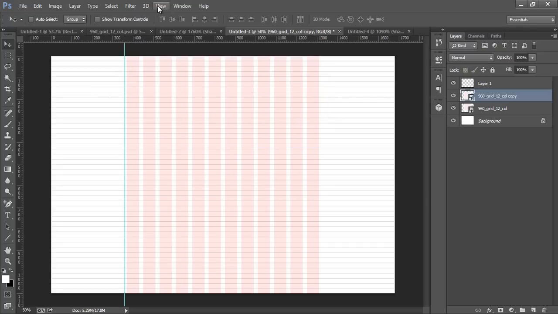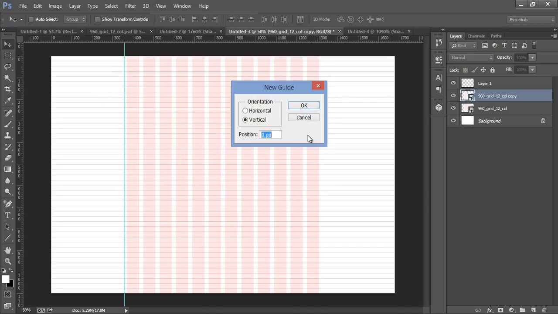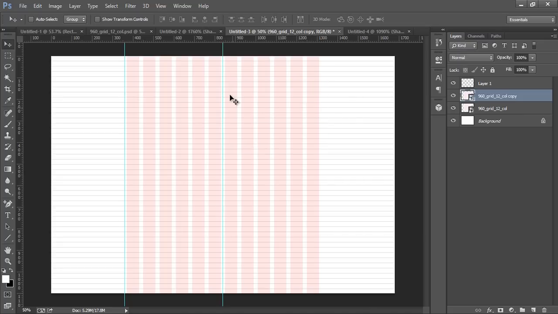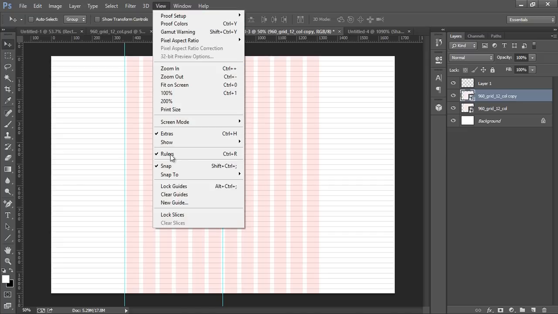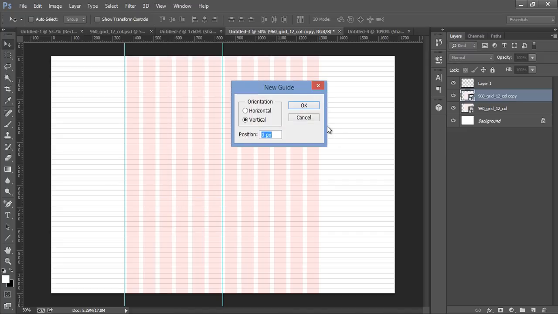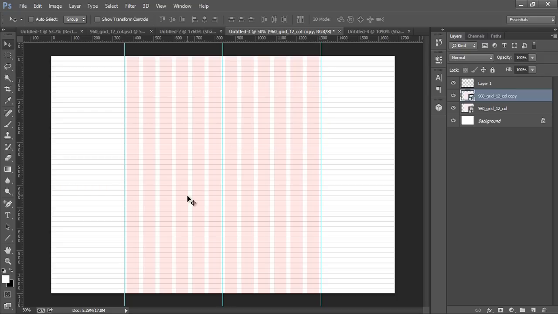Now go to View, then New Guide, then the second guide should be 840. Now click on OK. This is in the center. Now this time 1320. Okay, now this is the area available that I want to work with.